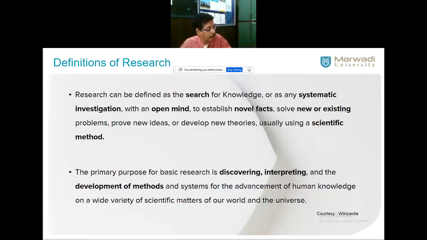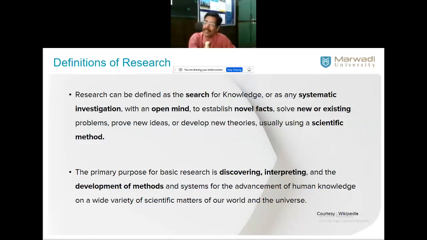Let us start with the definition first. In that definition, some of the words are bolded. This is my style of making presentations. The bold points let us concentrate and arrive at the full-fledged definition of research. Wikipedia is a wonderful source for any beginner to gain information about something. I also used Wikipedia for this definition. You can trust Wikipedia because they don't publish any definitions of their own. If you browse through the Wikipedia pages, at the end they quote references from very authentic sites. So there is nothing wrong in using Wikipedia.